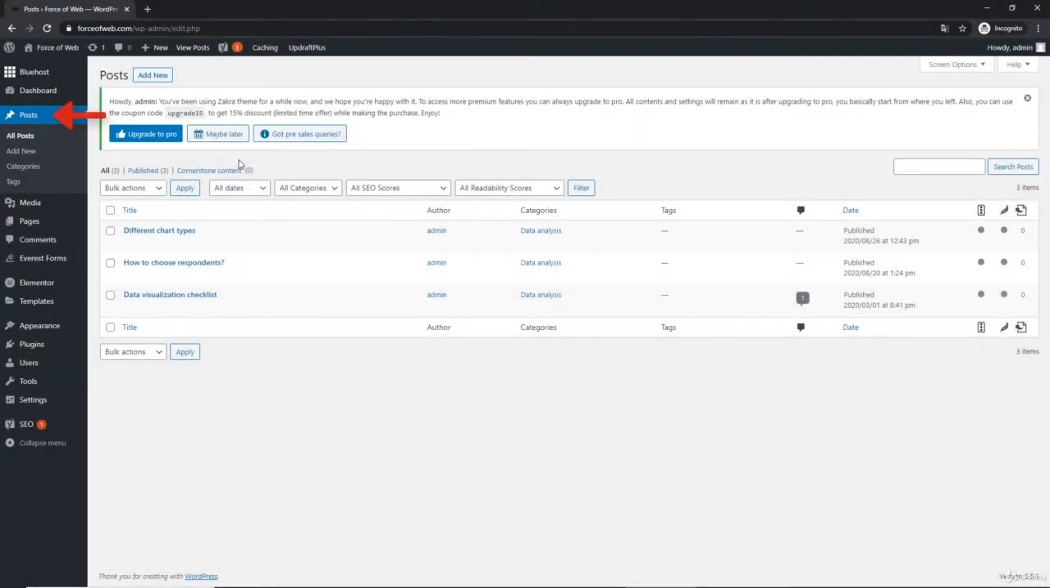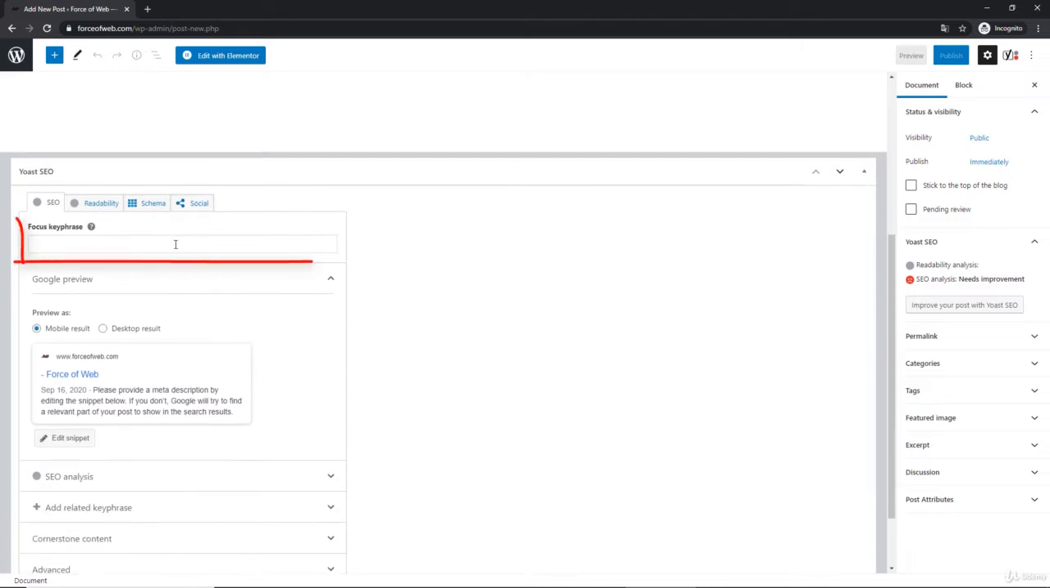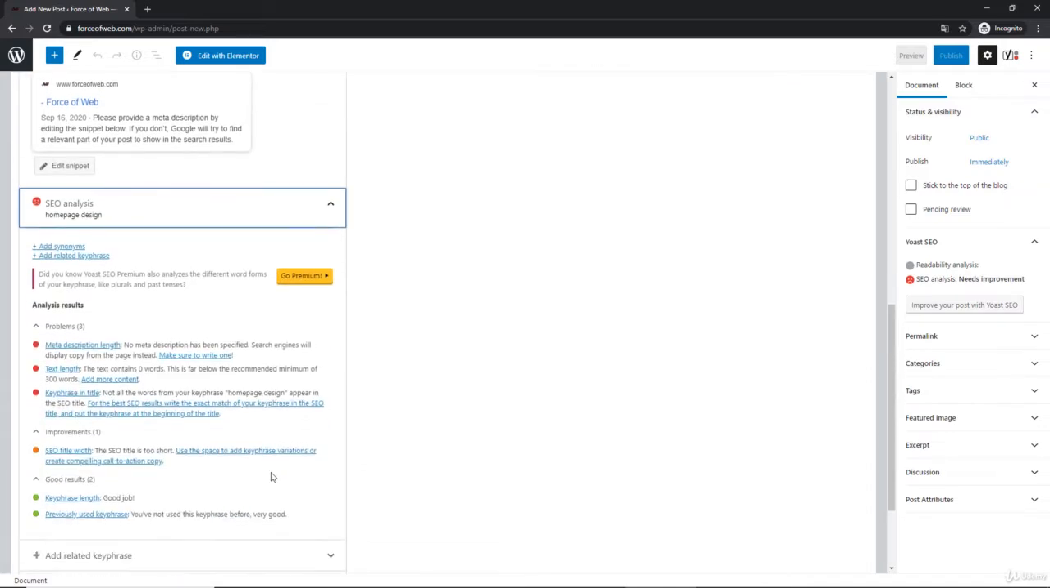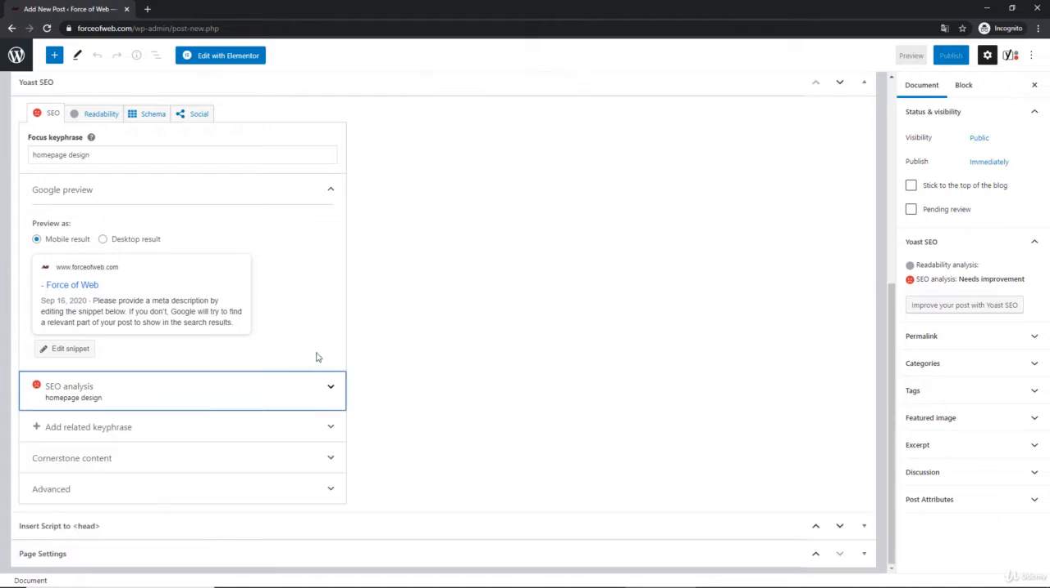Now go to the Posts tab and click on Add New to start creating your blog post. In the Yoast SEO section, enter your keyword as the focus key phrase. In our case, homepage design. Yoast suggestions are not always accurate, but it will remind you if you forget to add important elements like meta description. Let's start with the title of the web page, also known as title tag, which is the first thing